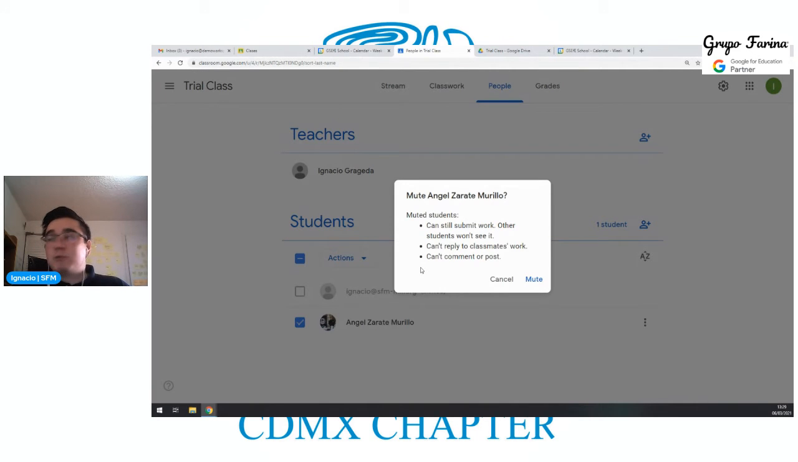In this case, it will tell you the student can still submit their work, but other students won't see it, and they can't reply to classmates' work. If a student is misbehaving with the comments in the classroom, the mute option is a great way to avoid it, and they won't be able to comment or post. This way, you can have full control of the dynamic of the classroom and avoid any misbehaving. I personally haven't used this because